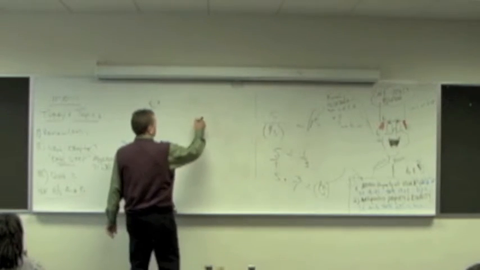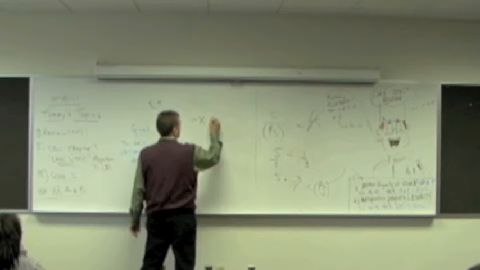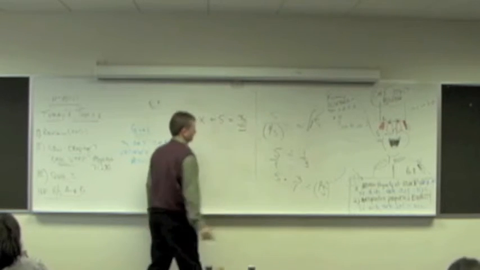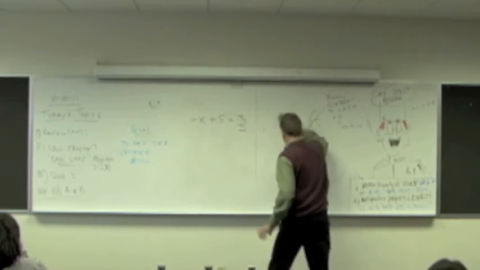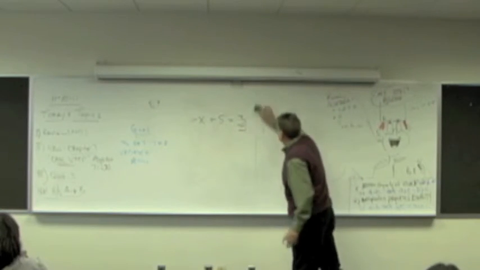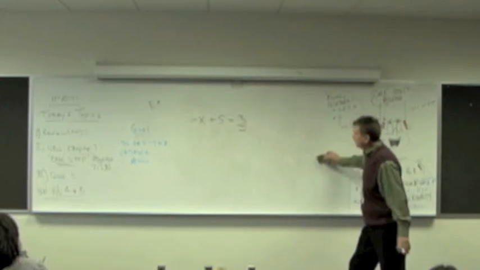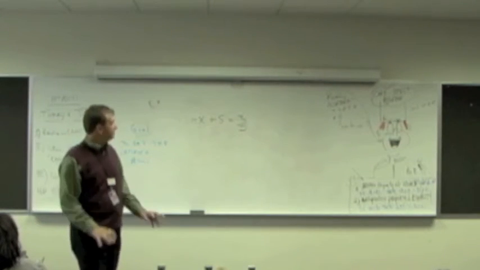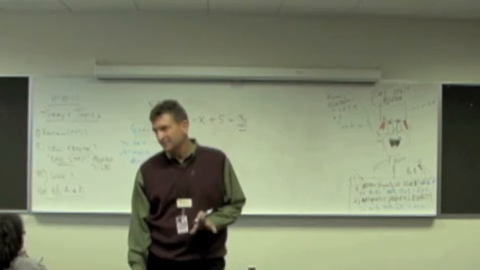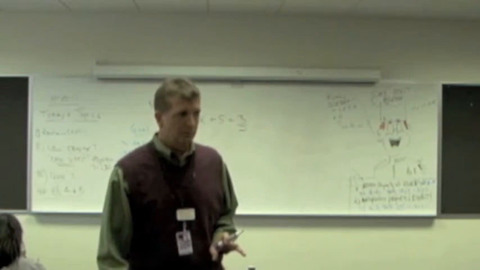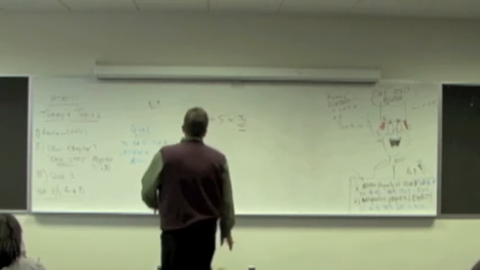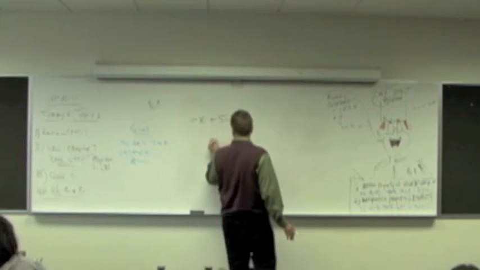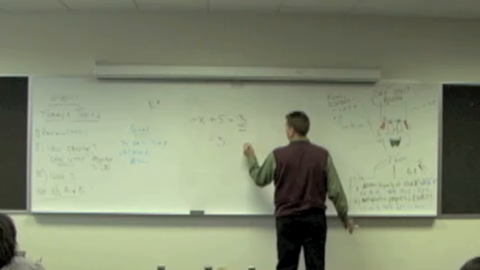What if I had this? Minus x plus 5 equals 3 halves. What did I do here? Still a one-stepper. I'm only really doing one step. It might be kind of a 1.5 step is what this is. So I'm still going to subtract 5. So if I subtract 5 from both sides,